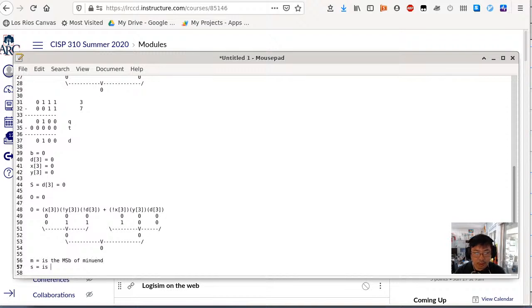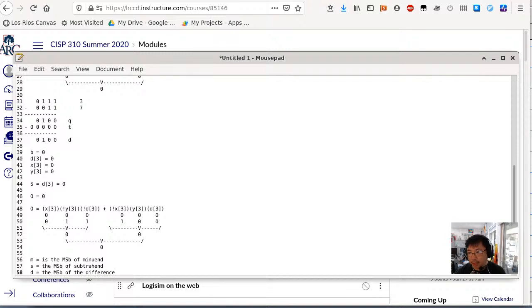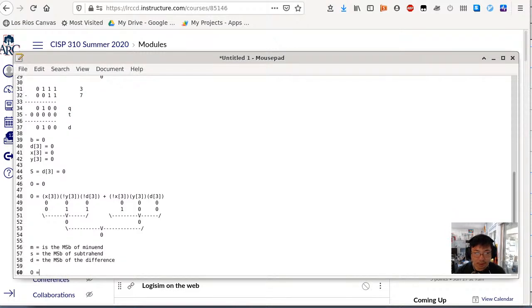S is the most significant bit of the subtrahend. And then we got D being the most significant bit of the difference. Okay, so this way I don't have to type all the suffixes and whatnot. So given this is how I am using the terms,